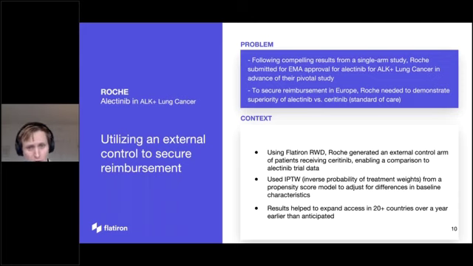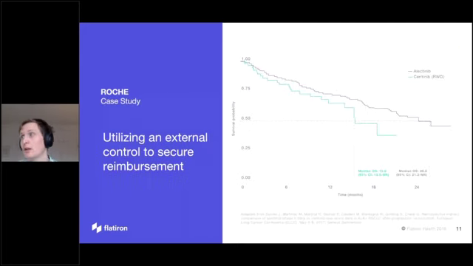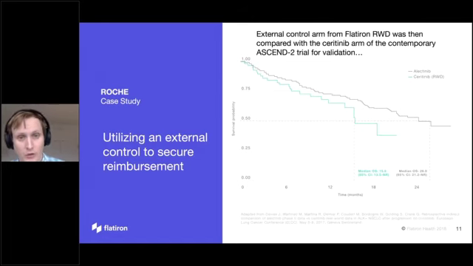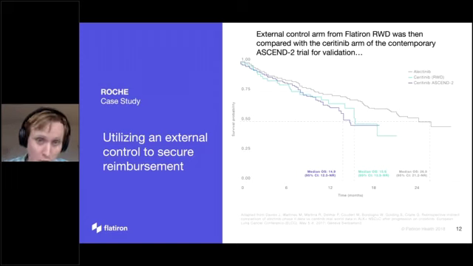So the next slide will show you the differences that we saw in the groups, the alectinib from the trial arm compared to the ceritinib arm from the real-world data. So as an interesting follow-up from that, the external control arm from the Flatiron real-world data, which you see here is this lighter green curve, was then compared with the ceritinib arm of the trial that was published later. And we can see that the curves